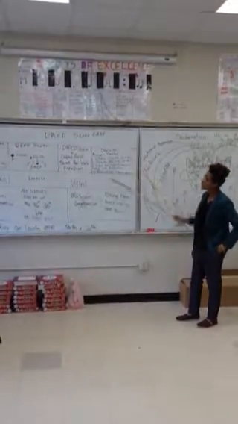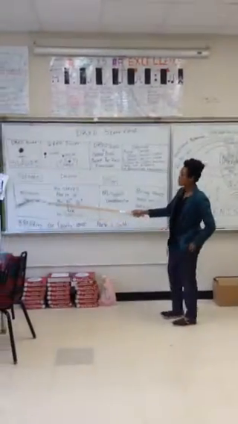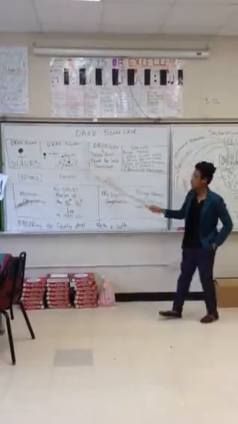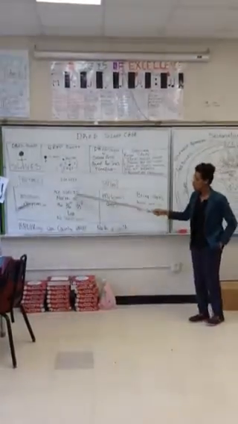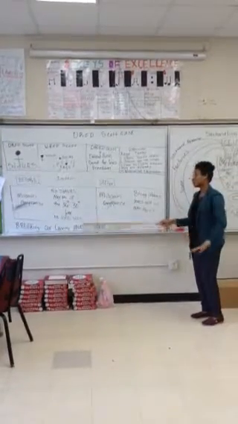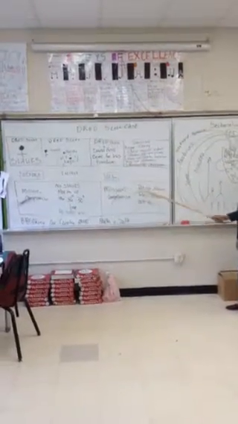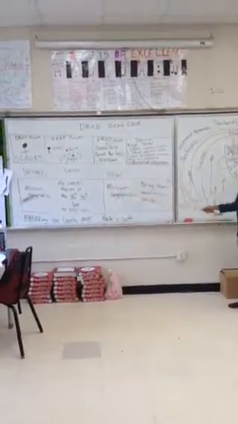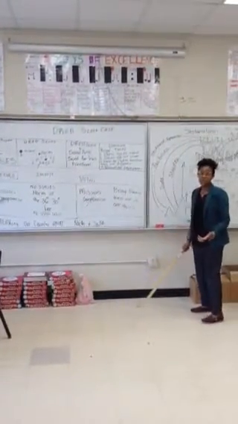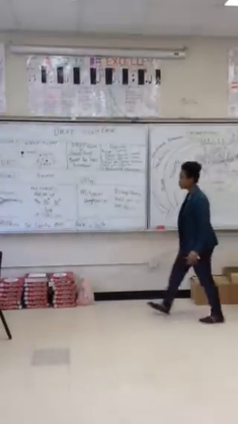But the impact of this decision didn't just stop here with the slaves. The impact is going to reach here, the Missouri Compromise. Let's look at the Missouri Compromise before this Dred Scott decision. We have no slaves north of the 36-30 line. So that means slavery is not able to move west. But then we have here the Dred Scott decision is going to overturn the Missouri Compromise. So it's going to get rid of it because they're going to say Congress has no power to tell states what they can do. So now you can bring your slaves west and all over the United States.